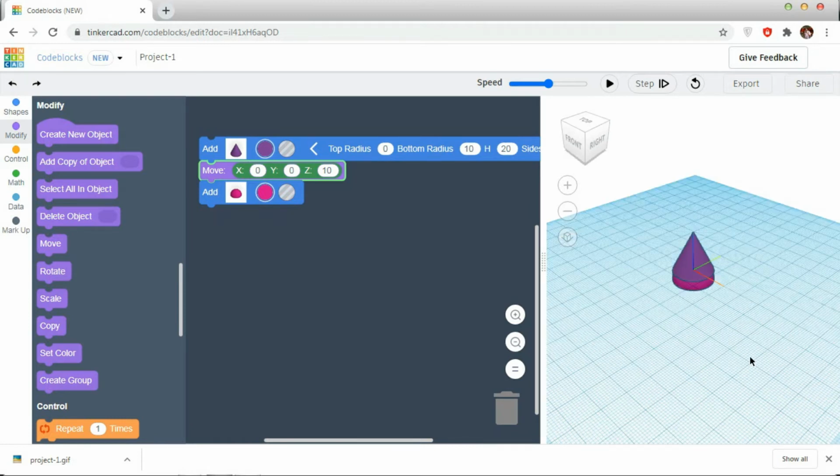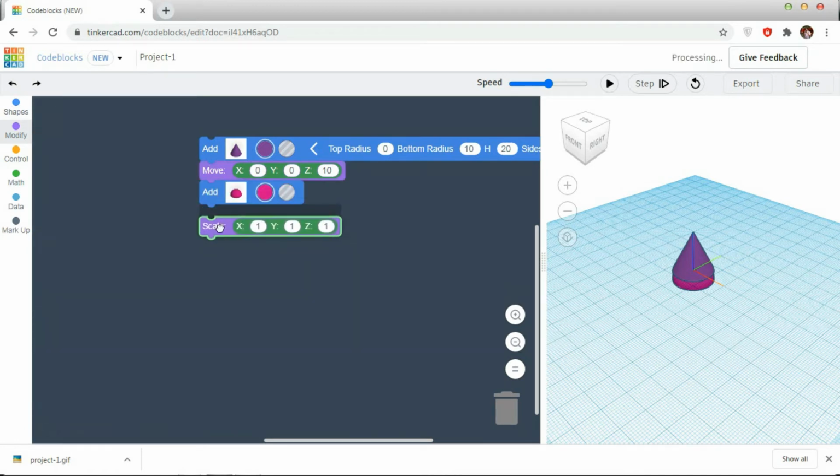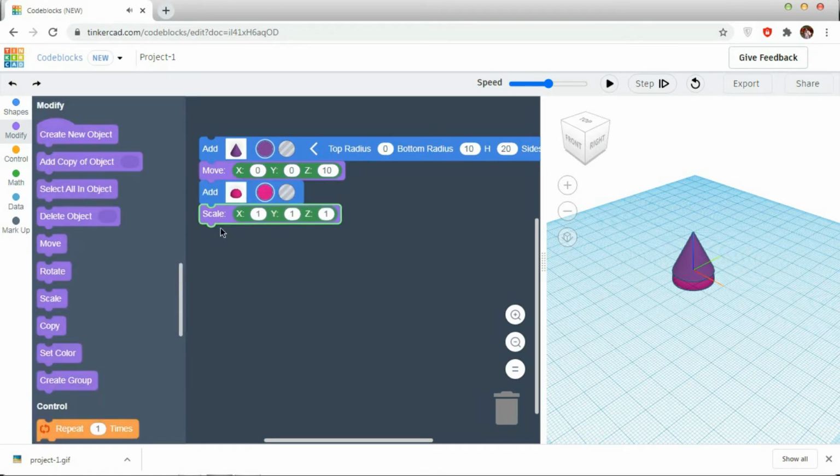I have to modify my sphere, so I have to go for a scale. One scale will be equal to 10 units. So for doubling the size of the sphere, I have to modify it like this: x-axis, y-axis, and z-axis. I have created my cone, moved it, created the sphere, resized and reshaped it.